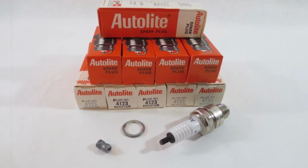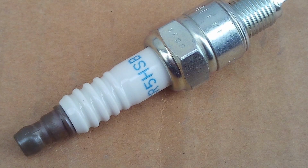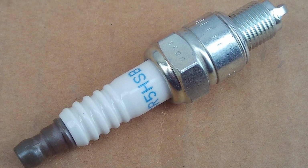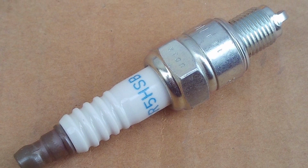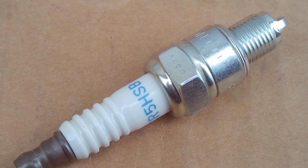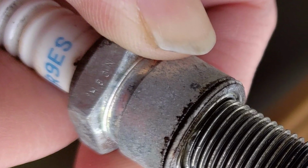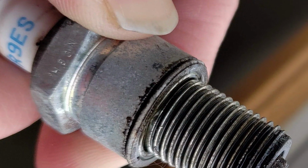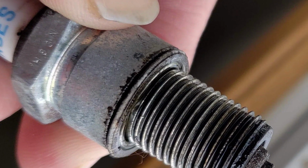With a non-resistor construction, they provide maximum conductivity, igniting the air-fuel mixture efficiently for smooth engine operation and power delivery. Their durable construction ensures longevity, making them a cost-effective choice for long-term maintenance. Effectiveness is at the core of these spark plugs, offering reliable ignition in a wide range of operating conditions. Whether you are cruising on the highway or navigating challenging terrain, you can trust the Autolite 4194 to deliver consistent